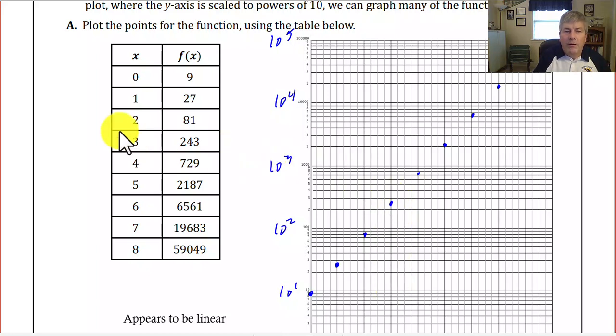And so forth. We just keep plotting those points. 3 is 243, so I think that's about halfway between the 2 and 3 of the hundreds. And 729 is just over the 7 and the 8. And then 2,187, just over the 2 over 10 to the third, and so forth. So we get this data set,